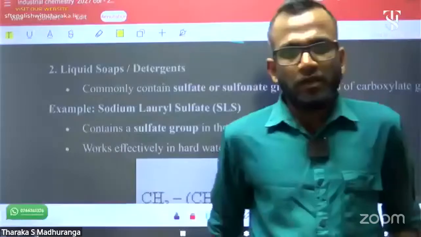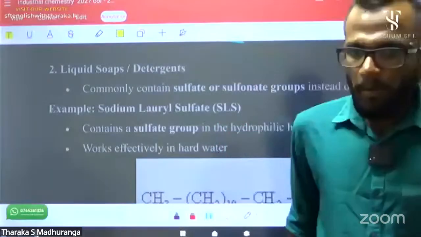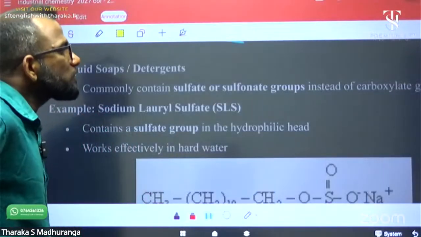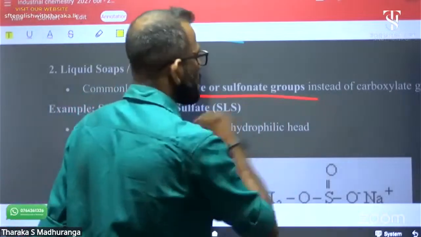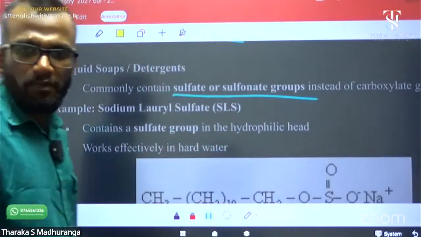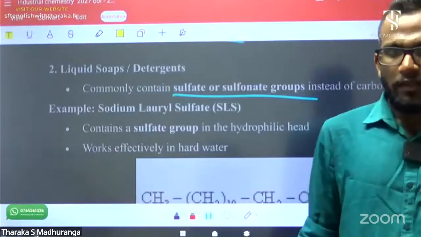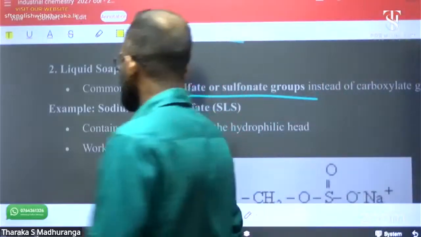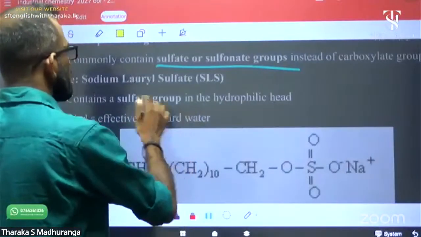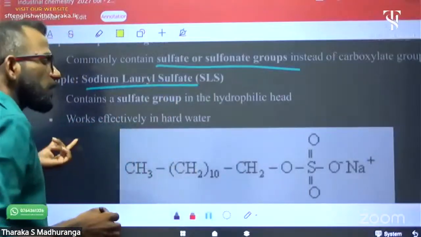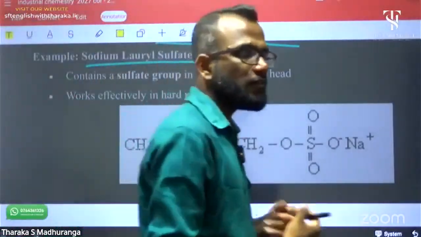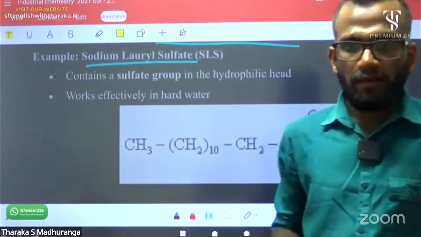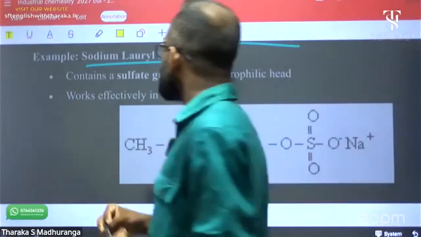In normal soap production, it is a sodium salt of a fatty acid, but in liquid soap production, it contains sulfur and a sulfonate group in the chemical structure. We need to add a sulfonate compound as well. That's why it is made as a liquid. They are sulfur related compounds. Sodium lauryl sulfate, actually, if we add sodium lauryl sulfate, it is not environment friendly, but it works in hard water.